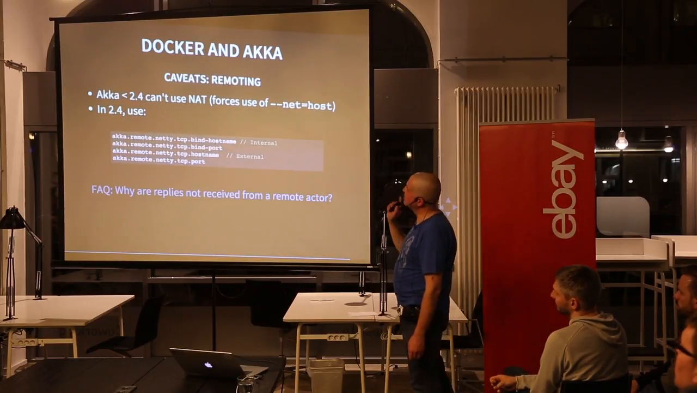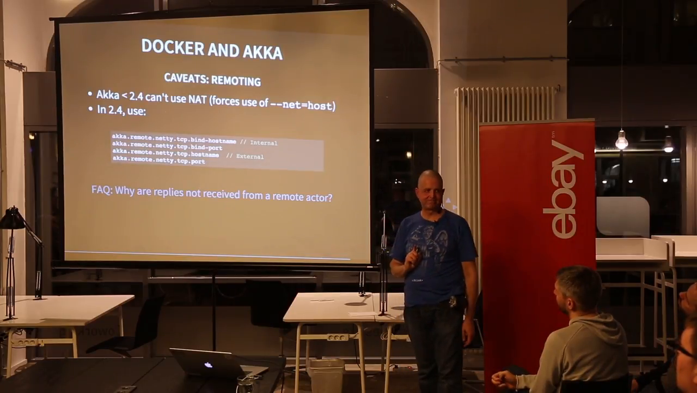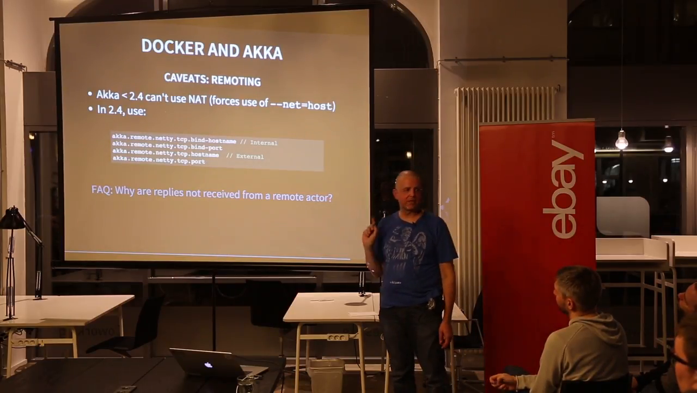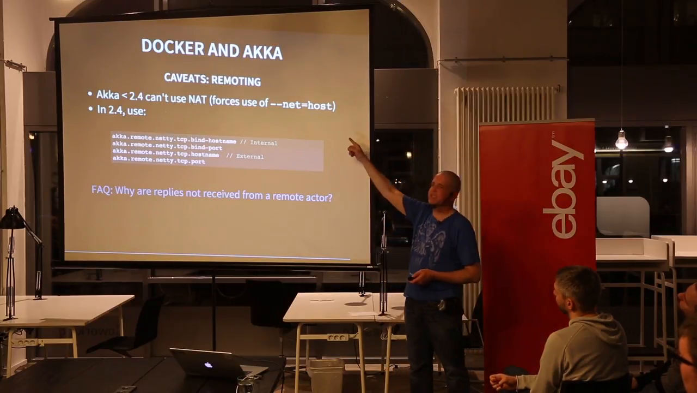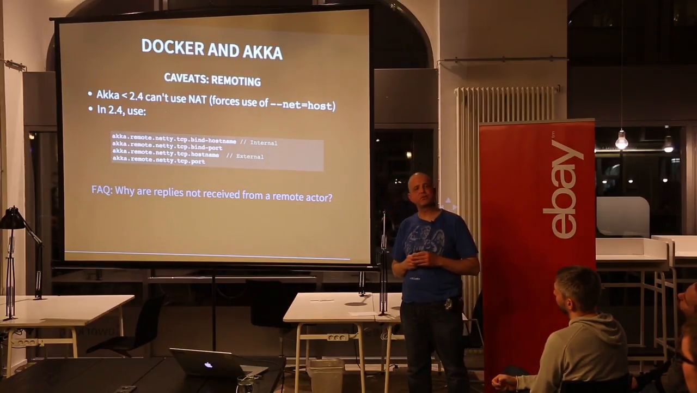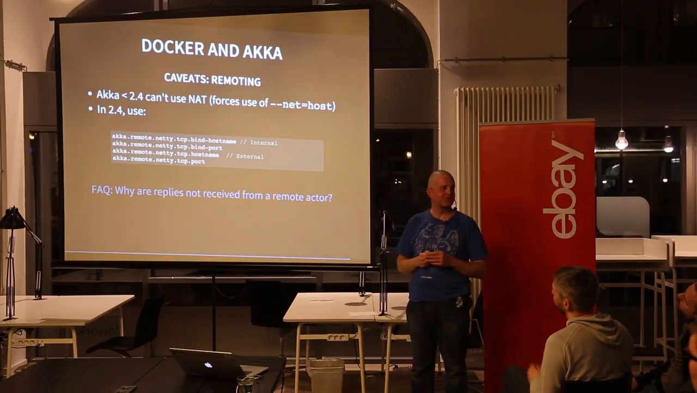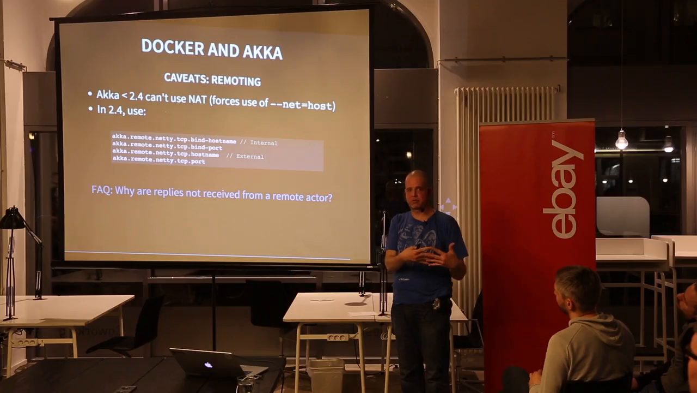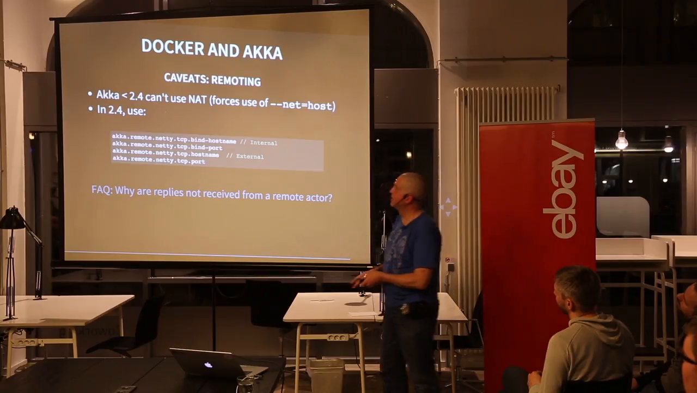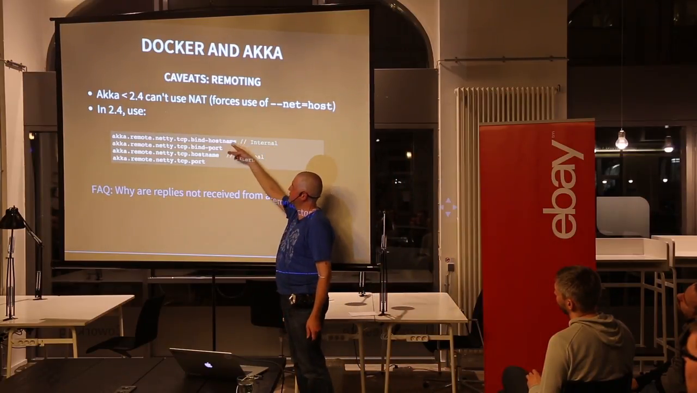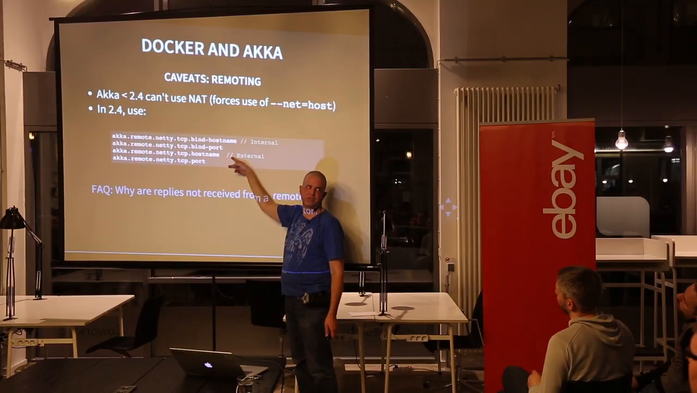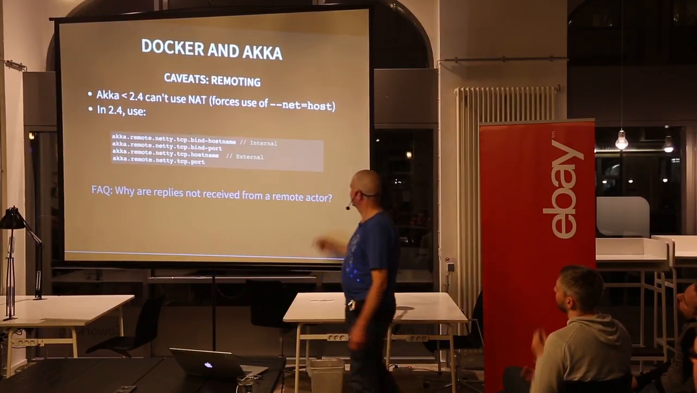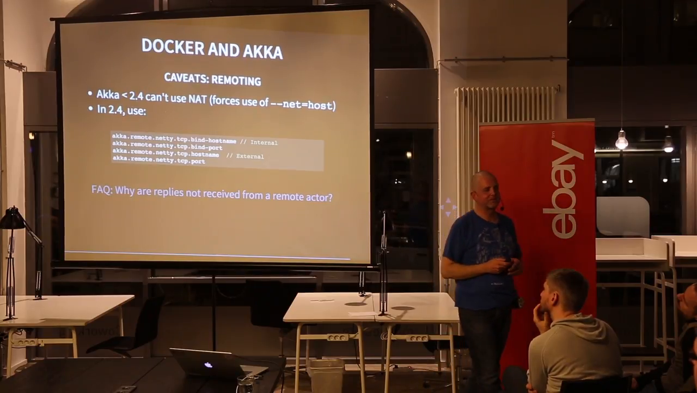Well, so there are some caveats with Akka. First of all, if you're running on Akka 2.3 or less, you have to use net equals host, because Akka gets awfully confused by port mapping. So you have to do a one-to-one mapping between your host network interface, your host network ports, and your container network ports. If you're running on Akka 2.4, there are actually configuration options to set up the internal port and the external port separately. Okay? And this is, of course, an FAQ inside of the Akka. This comes directly from an FAQ in the